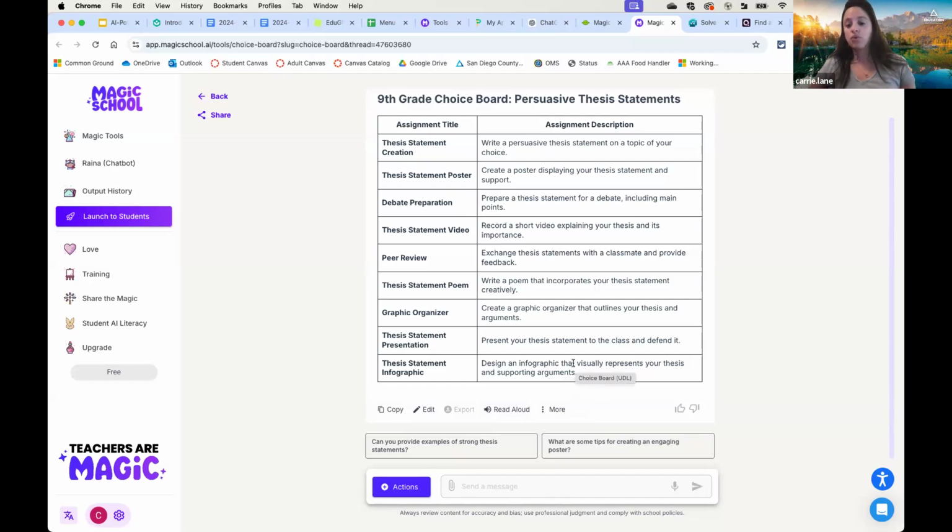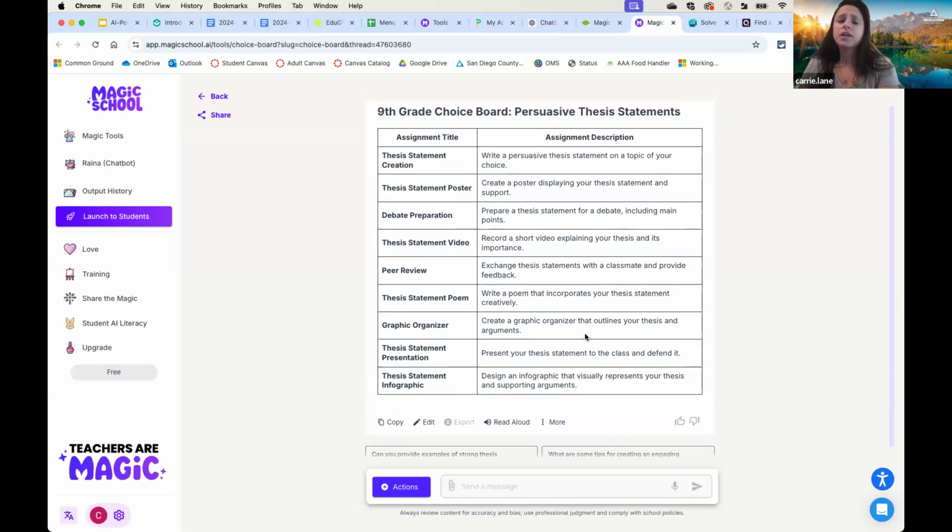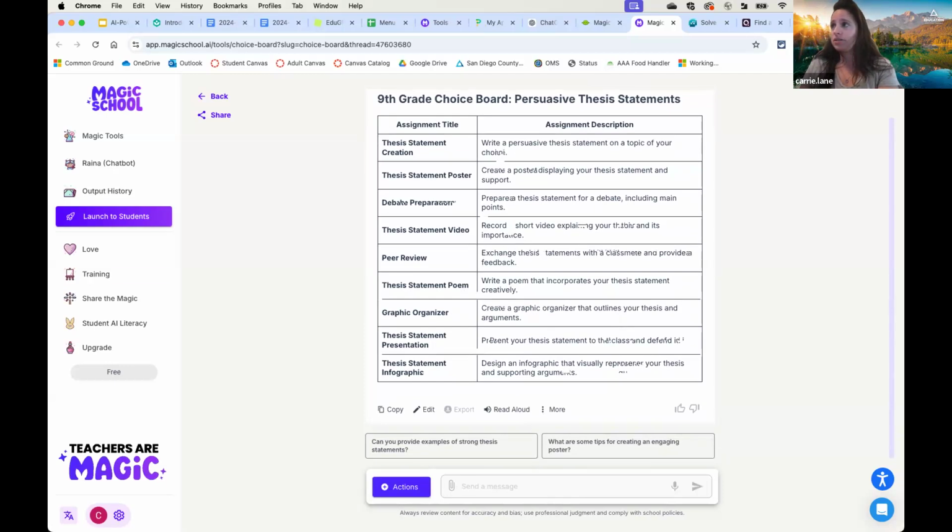You can also say specifically that you want to reach English learners or that you want to reach students who are reading at a lower grade level. And so you can tailor your UDL choice boards to your specific learners. And I see from the chat, Eric, we've also been using the IEP programs. Absolutely. And we're going to talk about those later, but I would love when we get to those, if you want to share how you're using them, either in the chat or if you want to unmute, that would be awesome. So any questions on the choice board creator in Magic School?